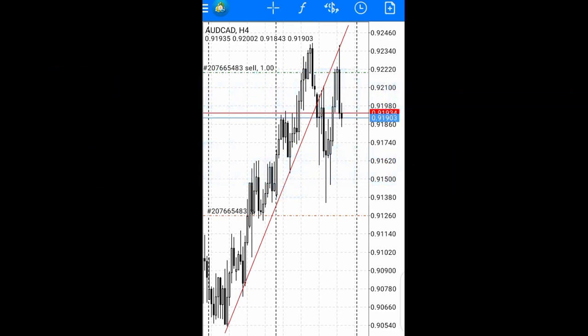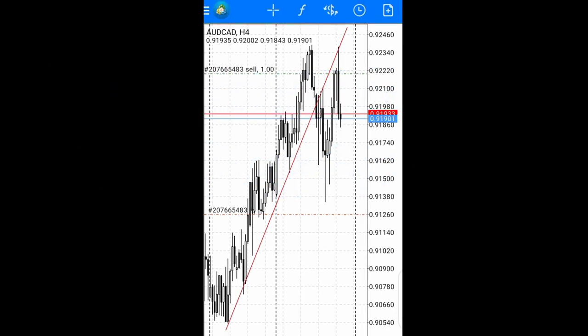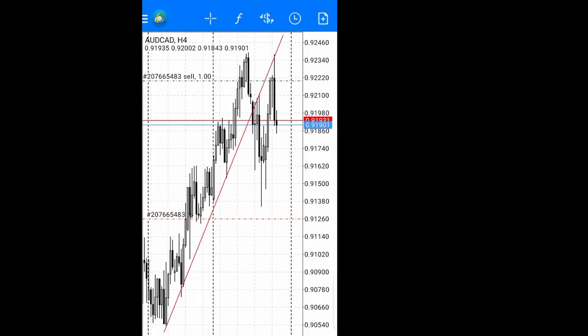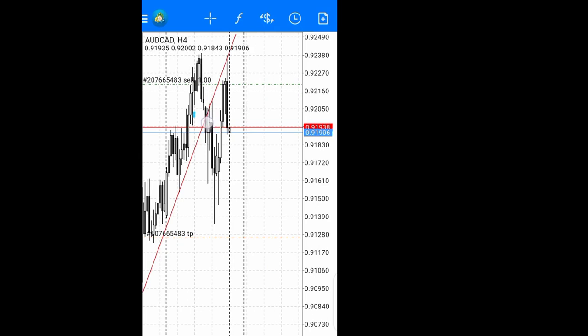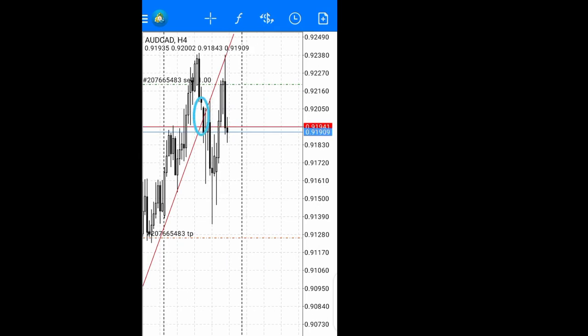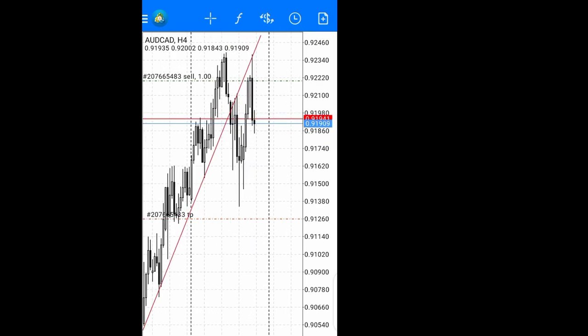So without further ado, here is the AUD CAD chart. In this AUD CAD chart, 4 hours time frame, there is an obvious upward trend, which I have shown by drawing this trend line. And in my video the last time, I told you that the first thing you need to do in this strategy is that you should wait for the break of the trend line. There was a break of the trend line here, and I said to you that once that break happens,